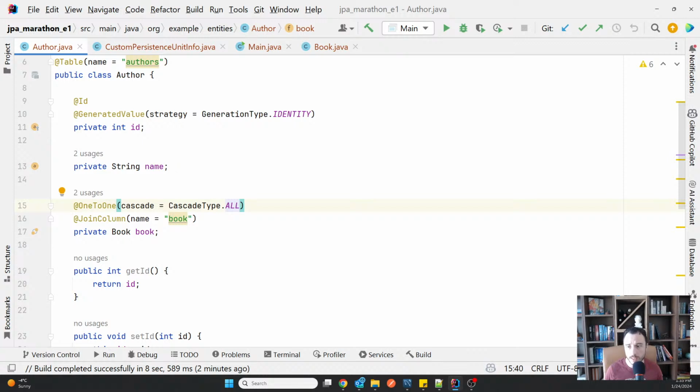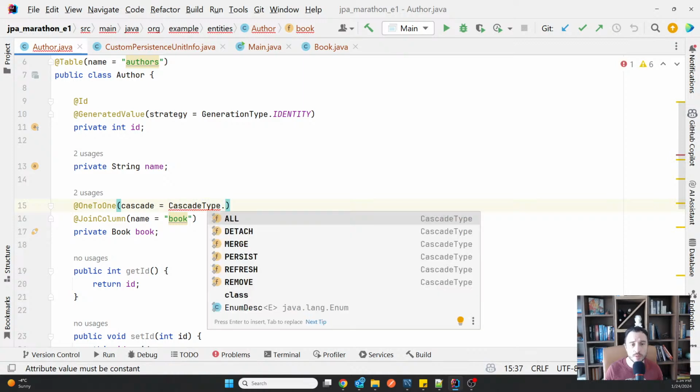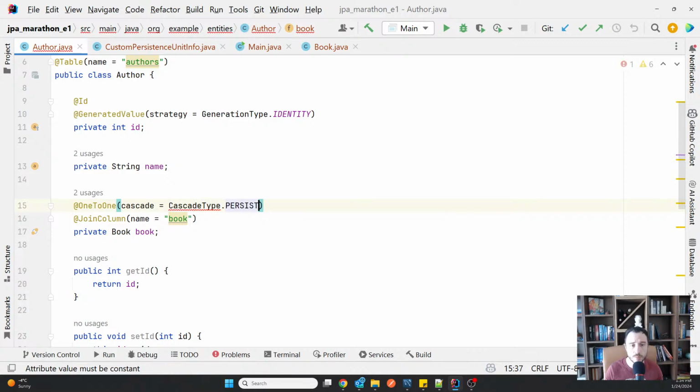and secondly, can introduce errors because new developers might not observe that a specific operation that they don't expect is cascaded. So it's always recommended you do enumerate precisely the operations that you need to be cascaded. And in many cases, trust me, these operations might be only one. So for example, it might only be the persist.